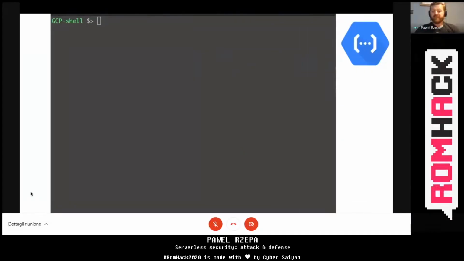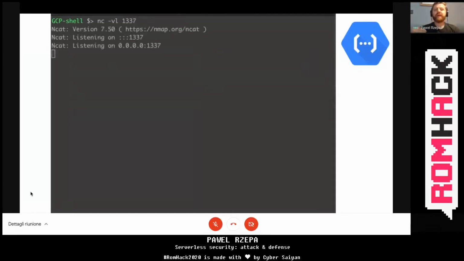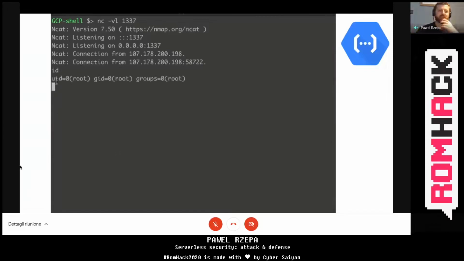In GCP, the situation is also different. Here, I set up the netcat listener on port 1337, and then I'm invoking my GCP function to get the reverse shell into the GCP environment.